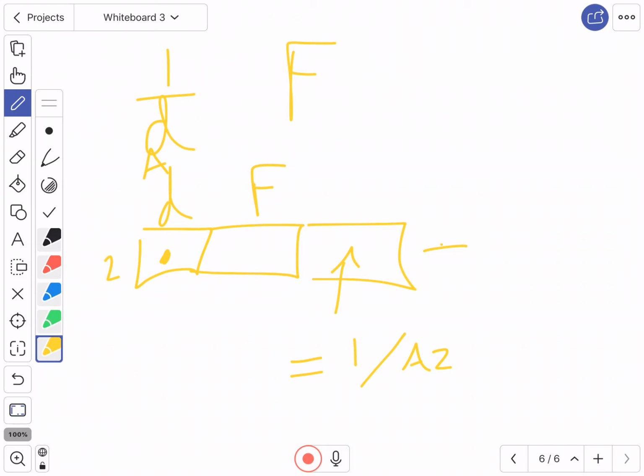3 minutes, and then on your Google Sheet that you were working on yesterday, I want you to create a graph that is now force on my y-axis and 1 over distance on my x-axis. I'm not going to break you into groups. You're more than welcome to talk to each other about this, but that's what I want us doing now. 3 minutes, go.